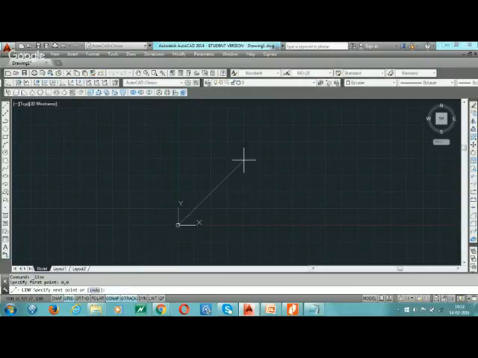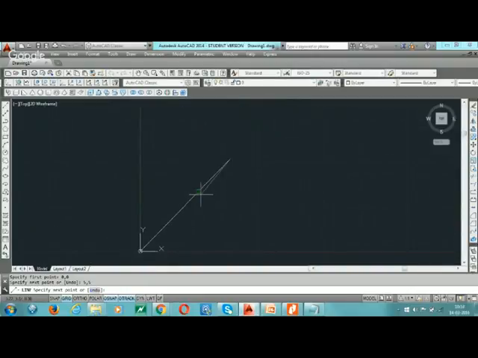Now the second is 5,5. We are making it 5 in the x direction, 5,5. Now with the help of scroll, zoom, we draw this line with the help of the absolute coordinate system.